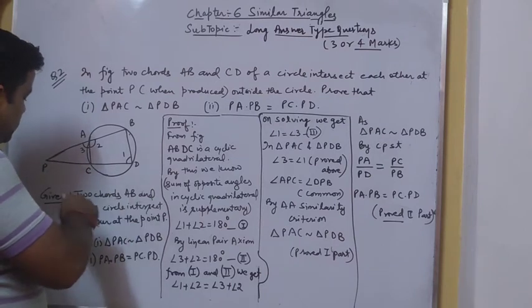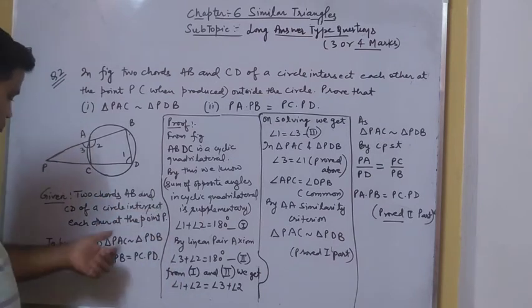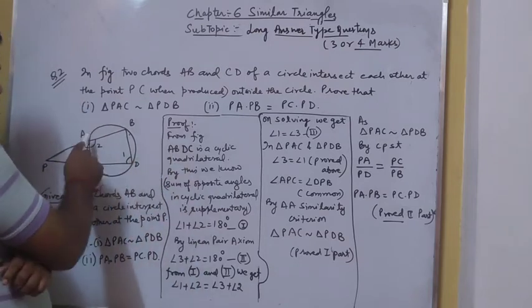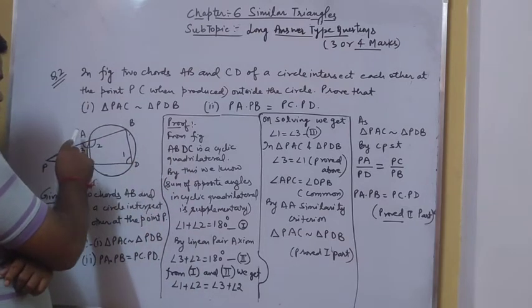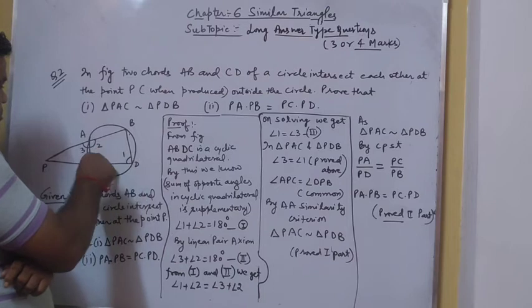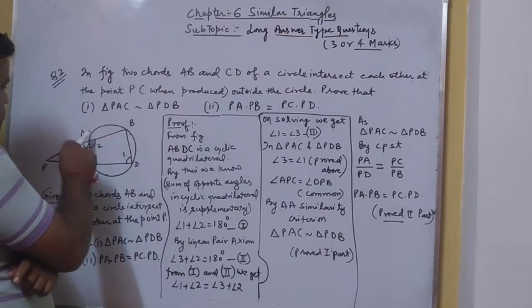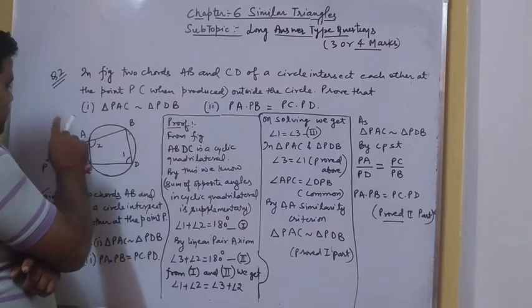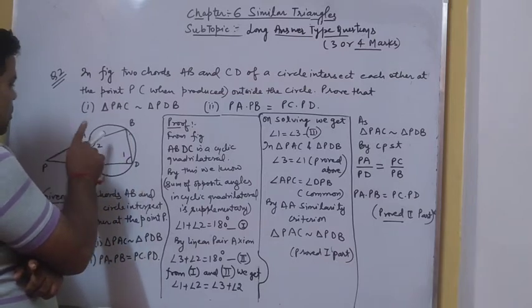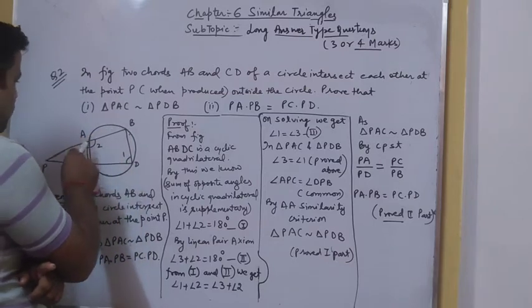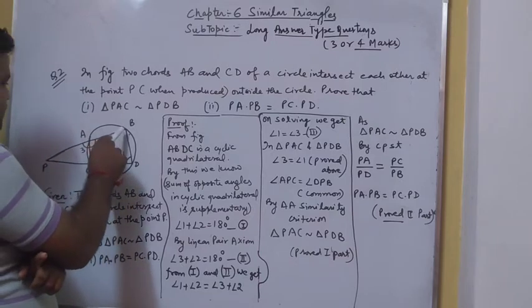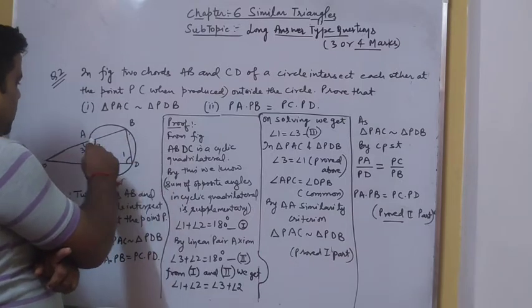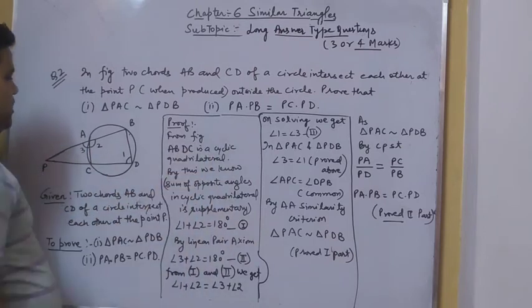So we write in the given all the information, we have to prove this. Now let us come on the proof. As A, B, D, C, these points lie on the circle. So a quadrilateral is said to be a cyclic quadrilateral if all four of its vertices lie on the circle. So here we see that by the definition, ABDC is a cyclic quadrilateral.